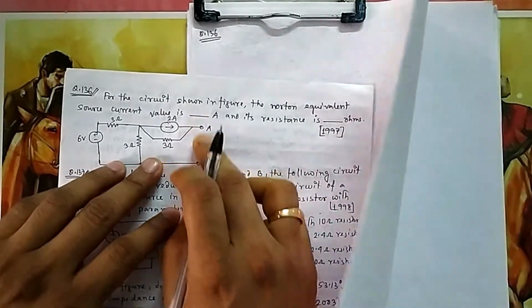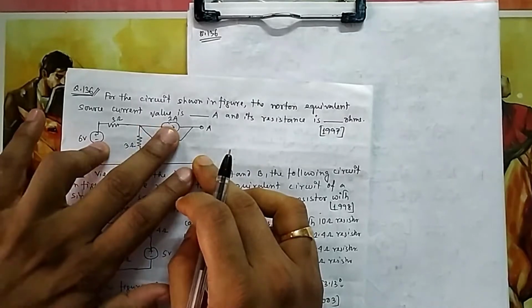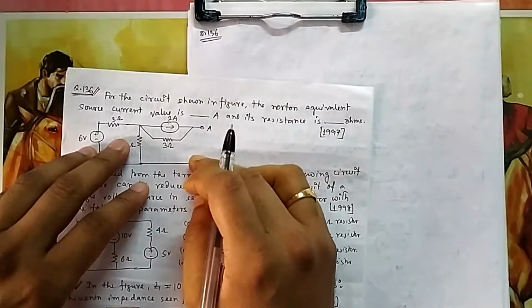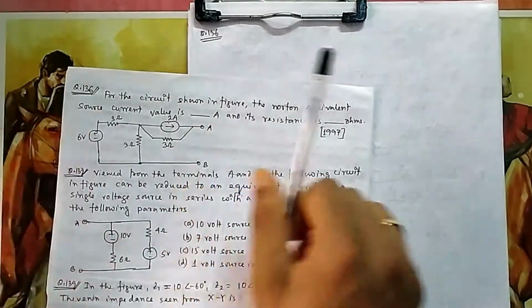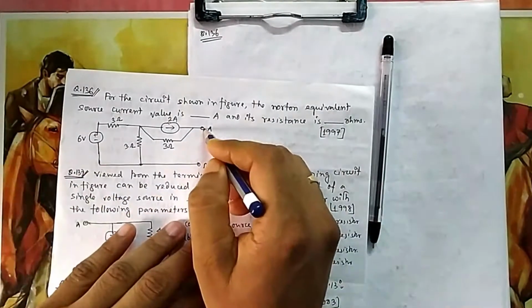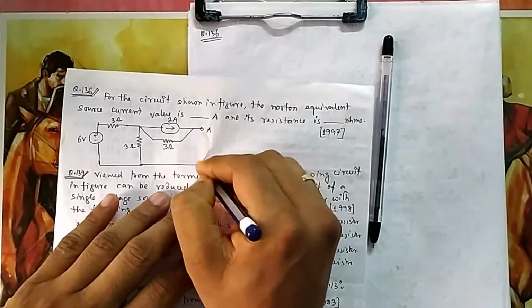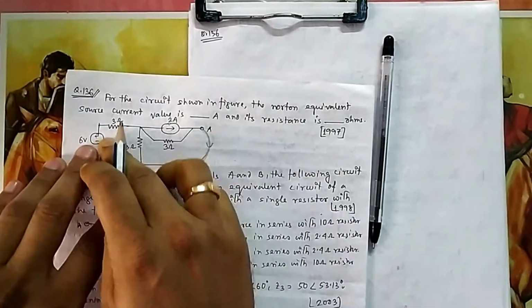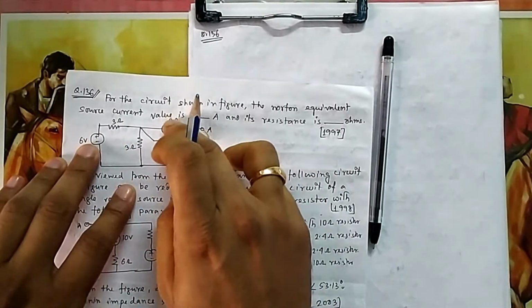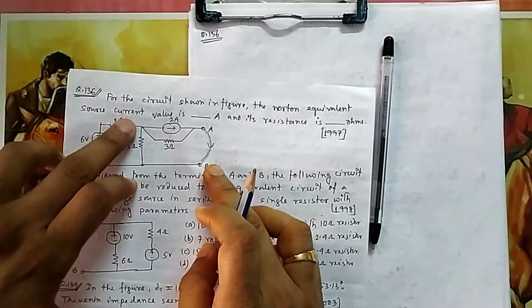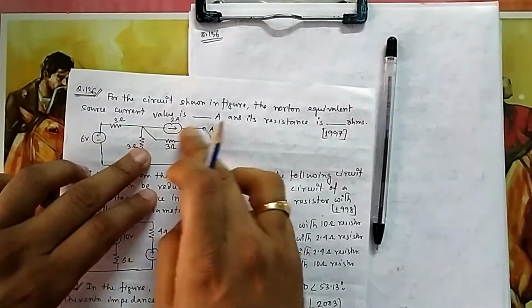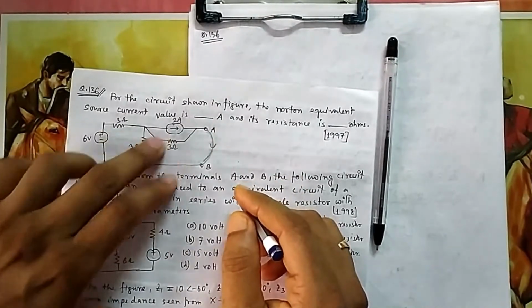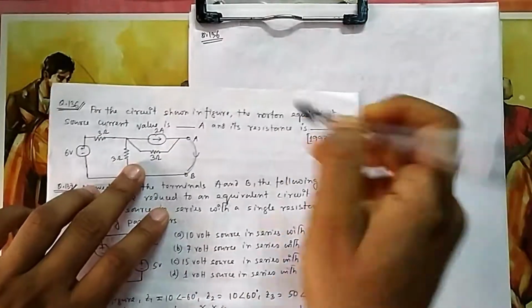If you short this side, then you have two current sources. So you can apply the superposition theorem to find this current. Suppose this branch is shorted, and I apply superposition. One current will be due to this source; if I remove the other one, removing means it will be opened. So one current will come through this 6, and it will be divided into two parts. One will be through this part, one through that part. So what will be the current?